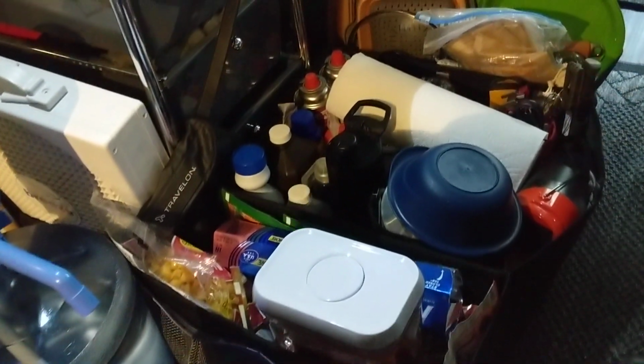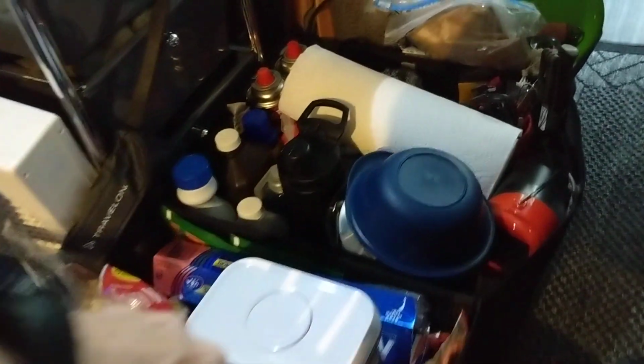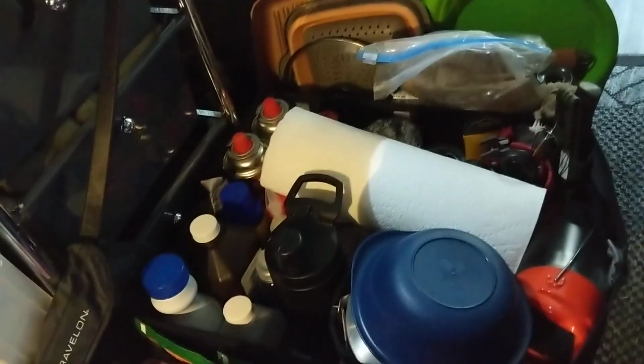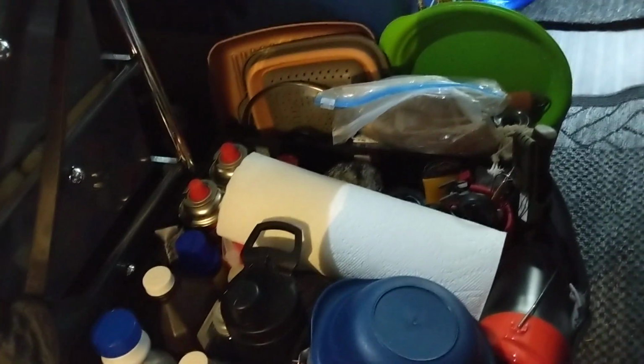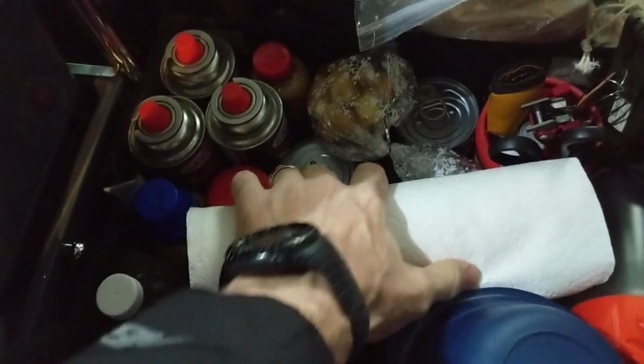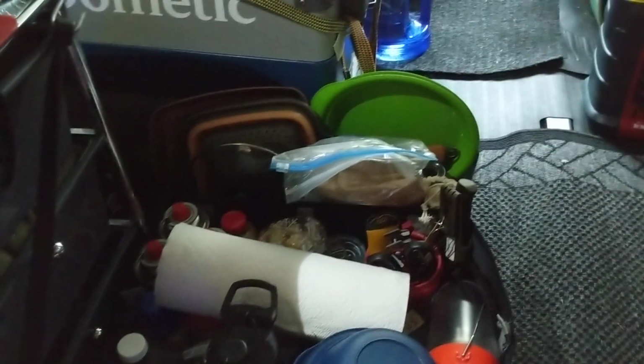A lot of these items here in this triple basket, I purchased at the dollar store last weekend, in fact. Not everything, but a lot of the cleaning supplies, the food items, the ramen, the tin foil, things like that. So some canned goods in here, some mustard. I spent like $50 at the dollar store and got a whole bunch of stuff, including